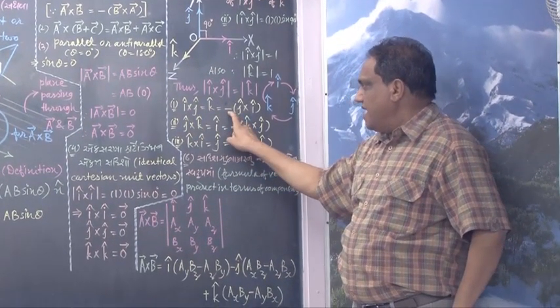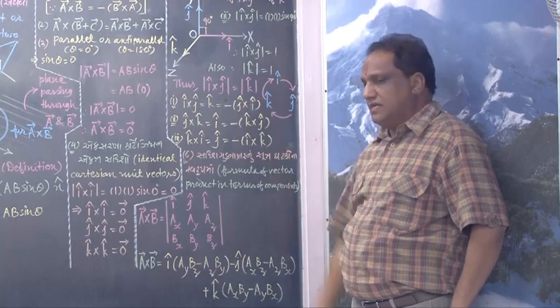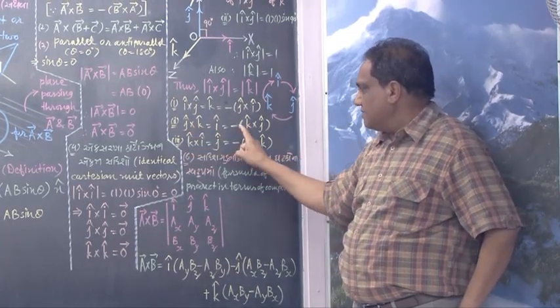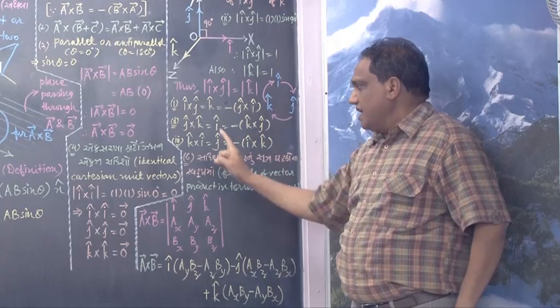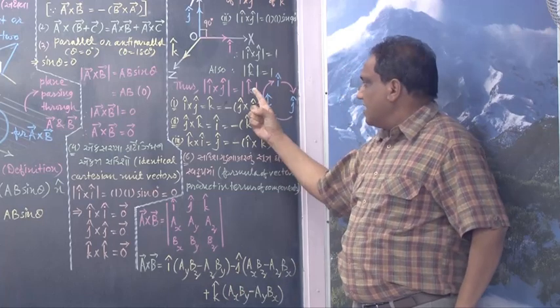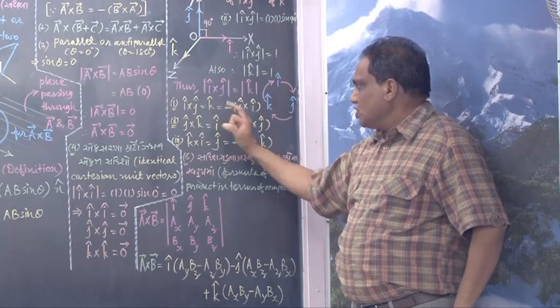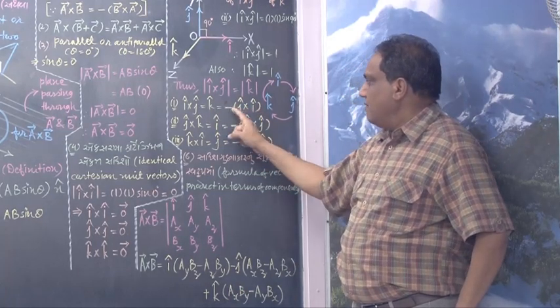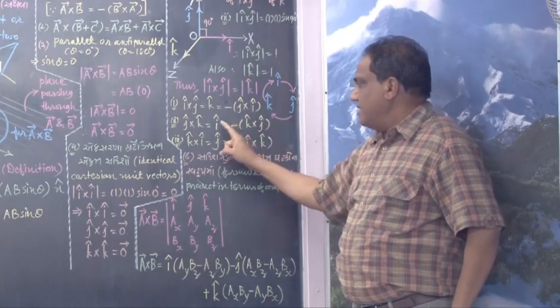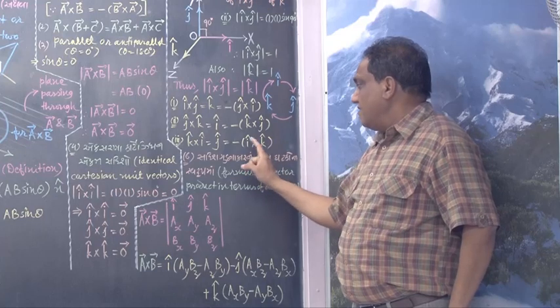Can it be replaced by minus of everybody? J hat cross I hat, and now J hat cross I hat can be written as minus of K hat cross J hat. K hat cross I hat can be written as minus of I hat cross K hat. And now transfer this minus sign here. So J hat cross I hat will be how much? Minus K hat. Everybody, K hat cross J hat will be minus I hat. I hat cross K hat will be minus J hat.